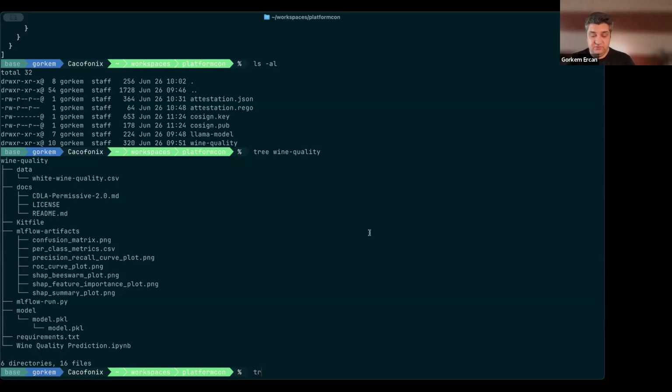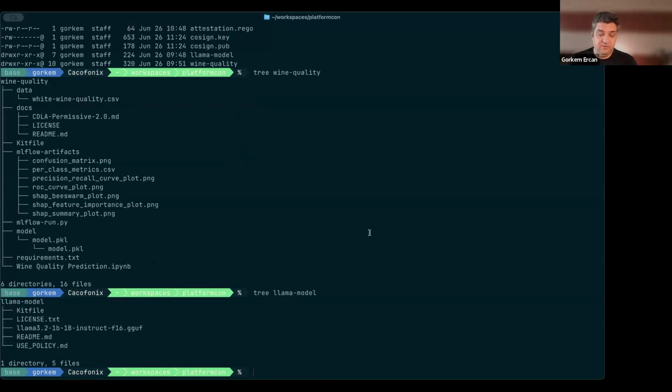So if you look at the Llama model, you can see that there is a giga file in that one, for instance, and you can just package that as a model kit. Alrighty, so let's package this into a model kit.